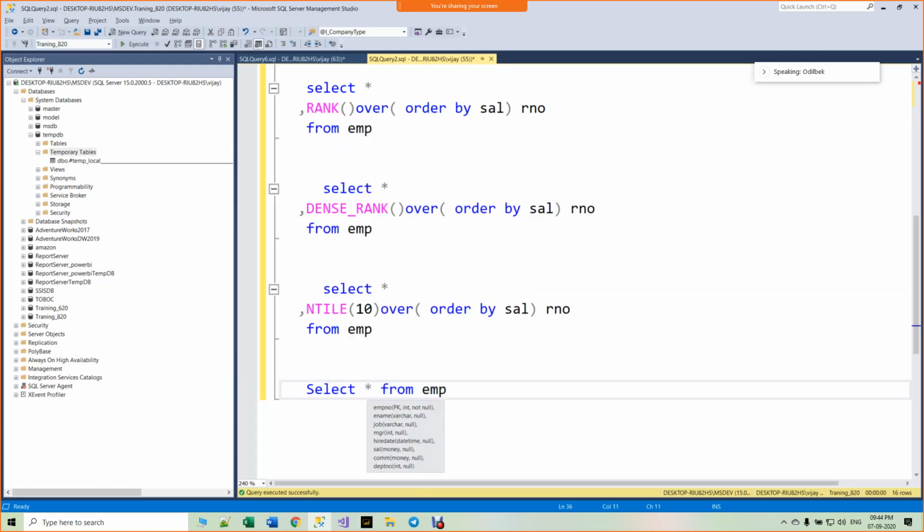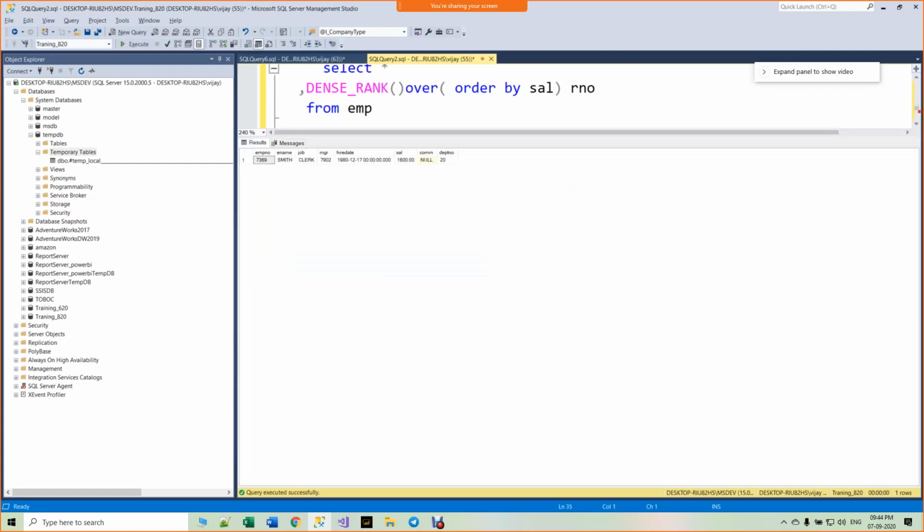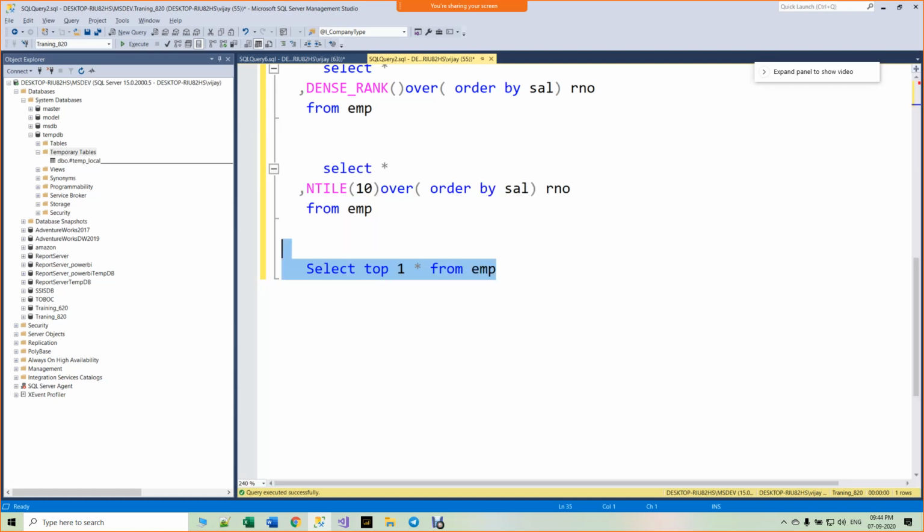If I put top one, what will it give? One record. I told you, any one record from the table. Agree? Not agree? Top one. I agree, but